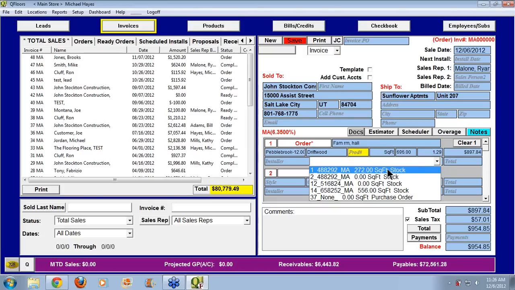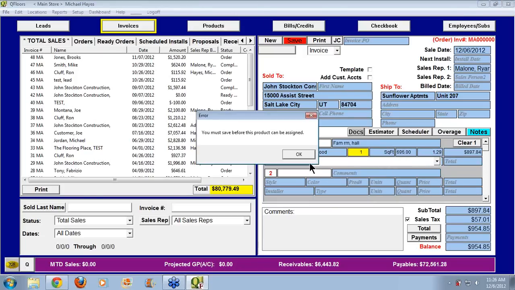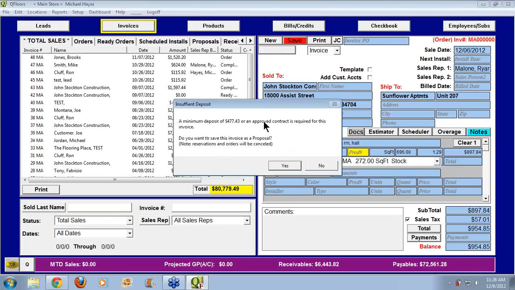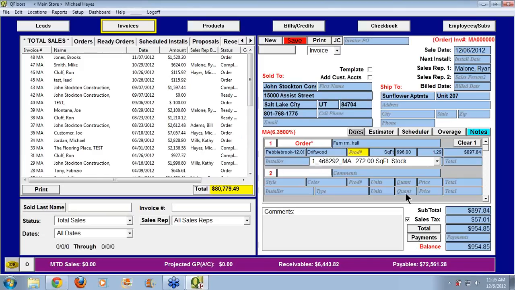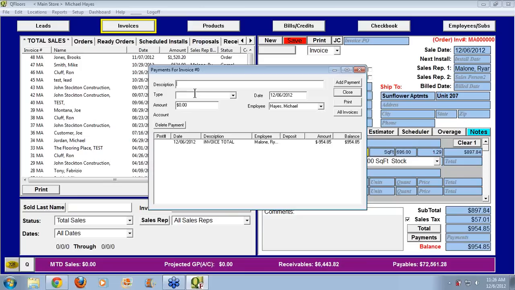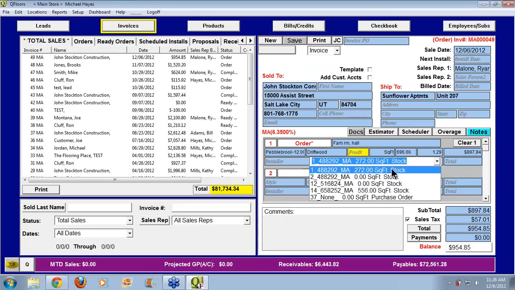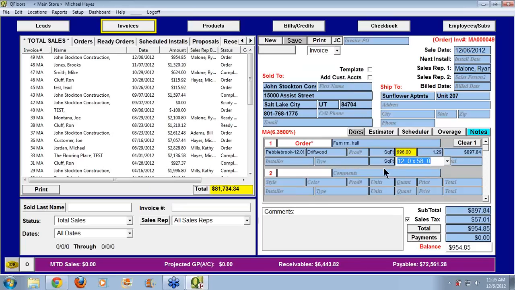If we click one of them that's not enough, another window, oh, we got to save this. I always forget that part. And then we need a payment. Do we want to save this as a proposal? No, not yet. So we need to enter a payment. We'll say that we're going to do an override. And add that payment. Now I can select this inventory and press enter,